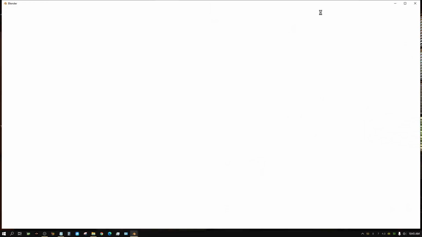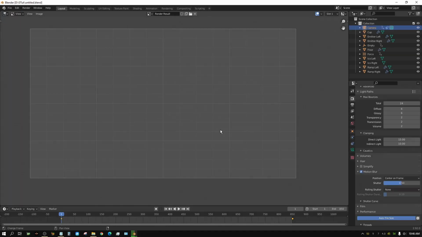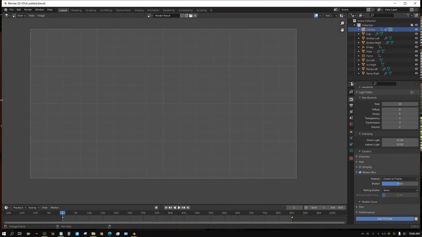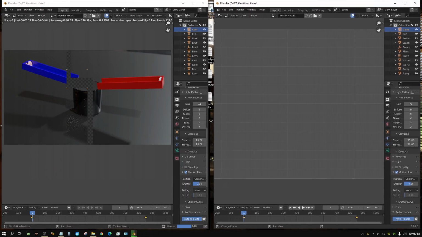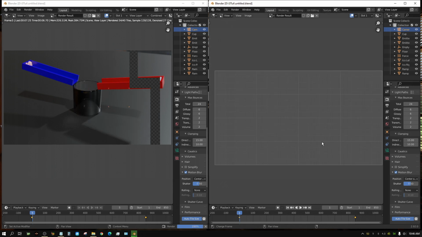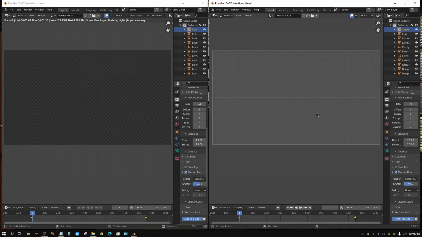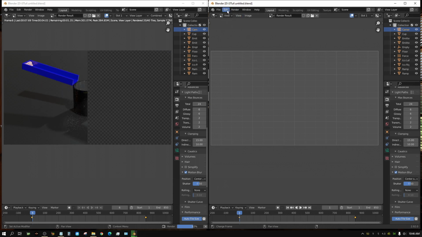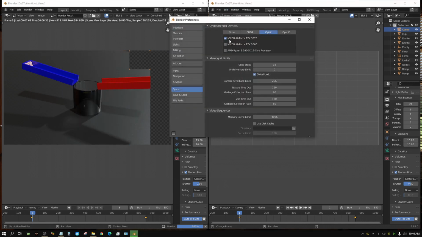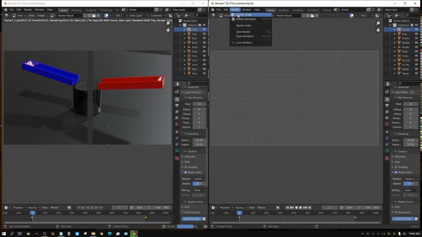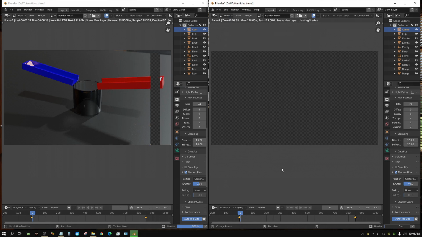Open up another instance of Blender. Give it a few seconds to open. Open up the same project. Free it from full screen. Size it over here. Bring this down a little bit in size. And go to Edit Preferences, and then set it so that it's using the 3060 render animation. And basically